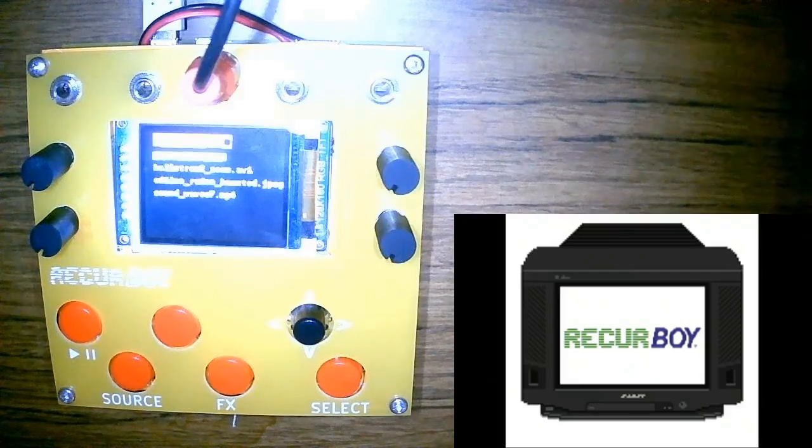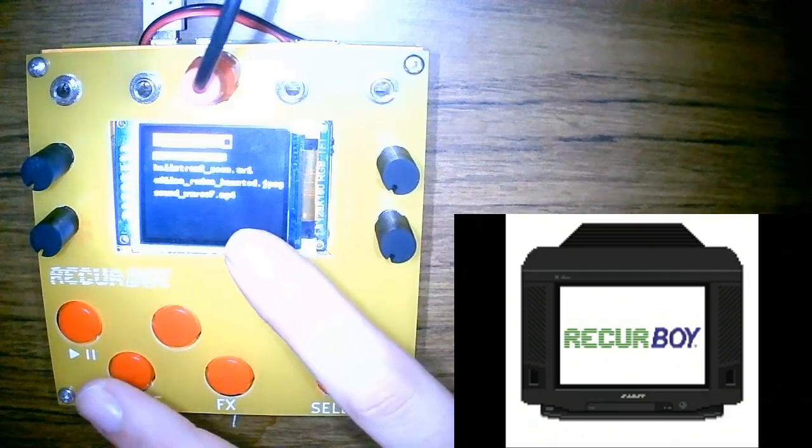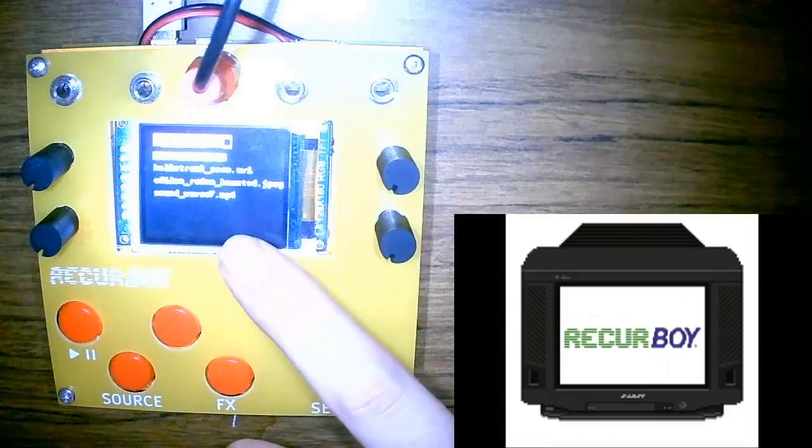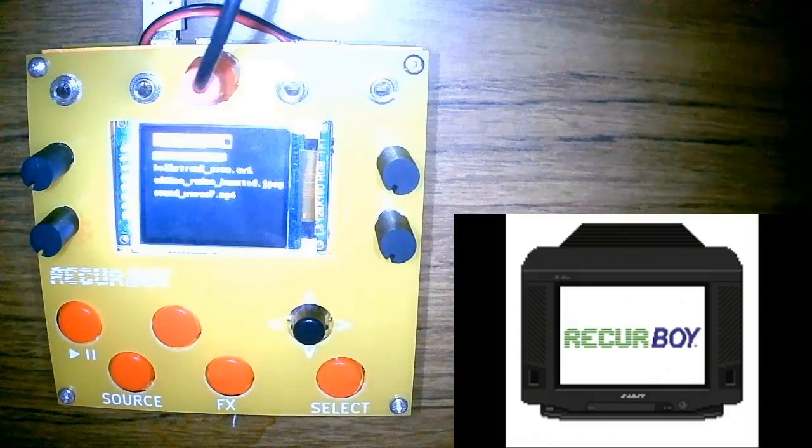Here you can see my recurBOY on the table and the output. It's quite hard to make out what's on the screen because of the bright backlight. That is how these screens work. But I'll bring the webcam a bit closer when we need to see it up close. Starting with a